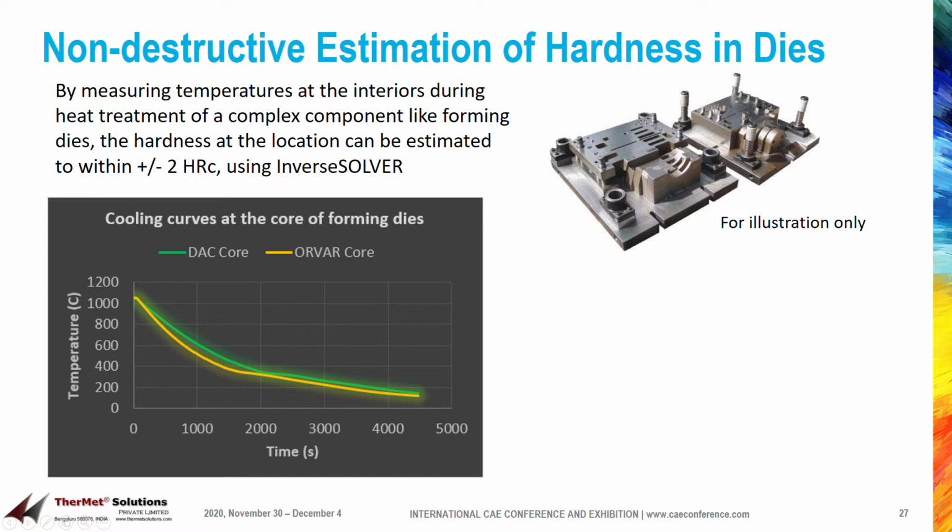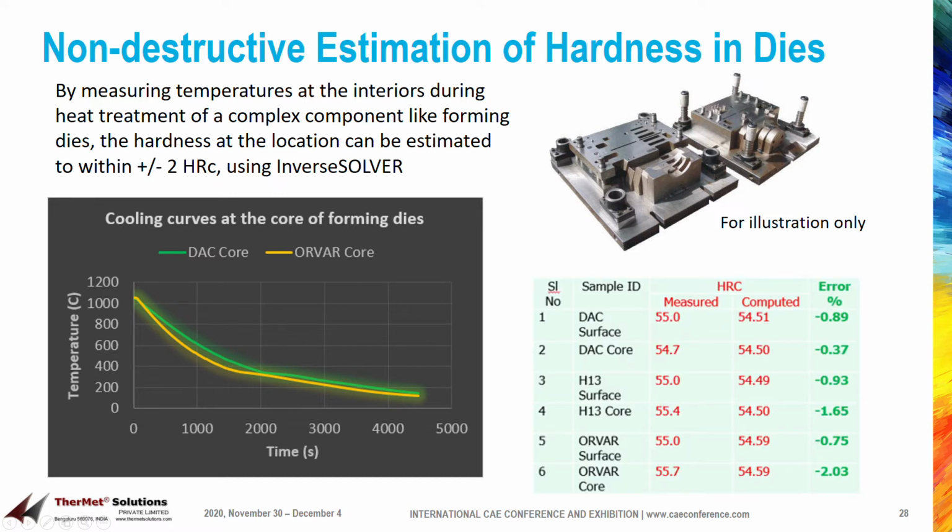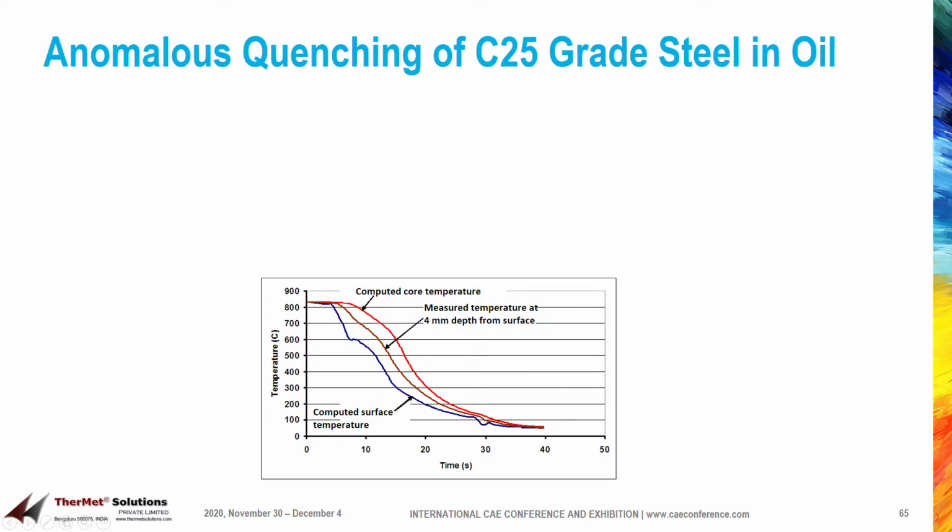In this case, as it was just the hardness at the location that was of interest, InverseSOLVER was used to track austenite decomposition based on the real time temperature data and estimate the resultant microstructure and hardness. When the procedure was run on a sample, the results were within 1 HRC. 3 types of steel samples were used: DAC, H13 and Orvar Supreme. This procedure can be adopted for estimating the hardness at remote locations inside a large object without recourse to destructive testing or detailed simulation. InverseSOLVER can also be used for gaining an insight into the quenching